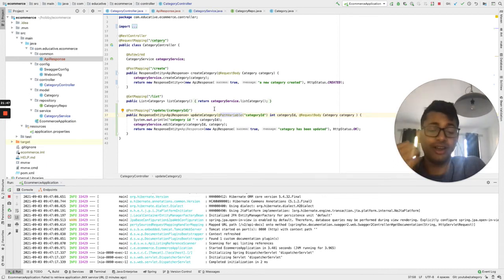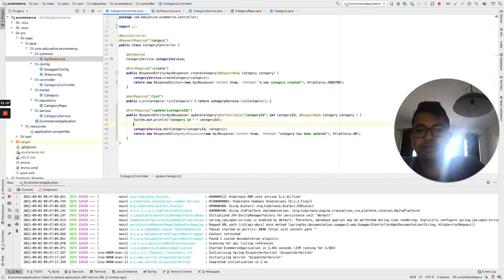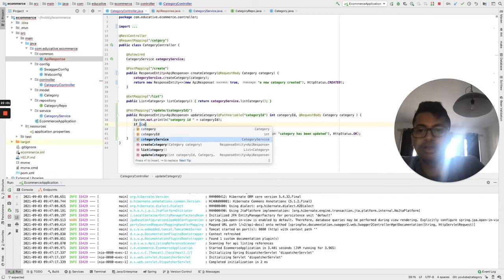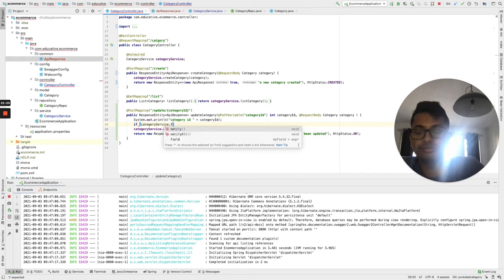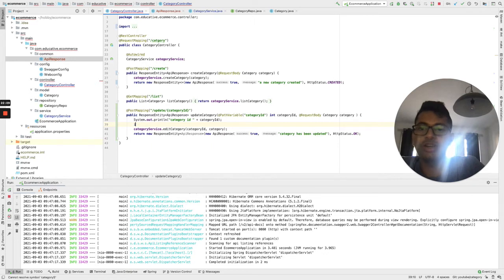And if the ID doesn't exist, let's also try to return an error message that the ID doesn't exist. So what you can do is you can try to find service. Actually, you can directly autowire